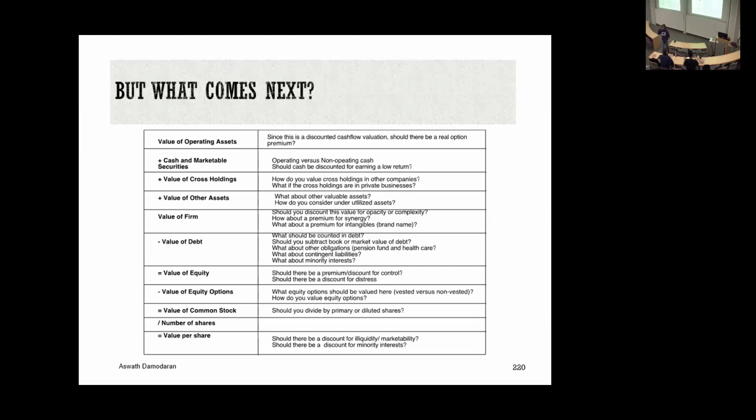Second stop, cross holdings. In a perfect world where I gave you access to all of the information you wanted, how would you value cross holdings? We'll start with that. Then we'll talk about the world we live in and the limits we have on information and why you might have to take shortcuts or approximations to deal with cross holdings. Third stop, I want to talk about what else I should be counting off a balance sheet? What exactly is an add-on asset? Because I've seen people take things off the balance sheet, add them onto a DCF valuation and double count and triple count.